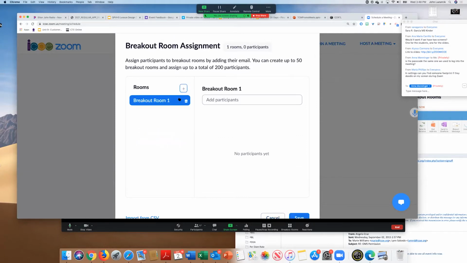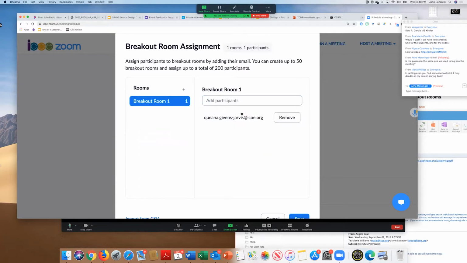So let's start with breakout room 1. All I have to do is add the emails of the students. Let's say Kiana is one of my students, right? She's going to be in breakout room number 1. Maybe I have Erica Marquecho, and she's going to be in my breakout room. Maybe I put Anna Murphy in there too.